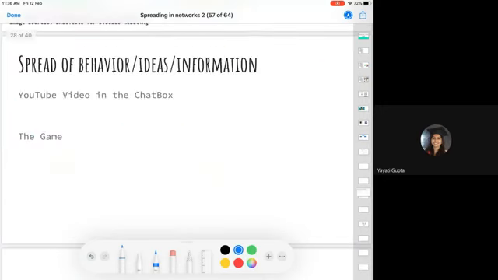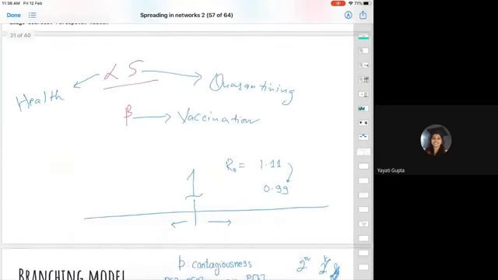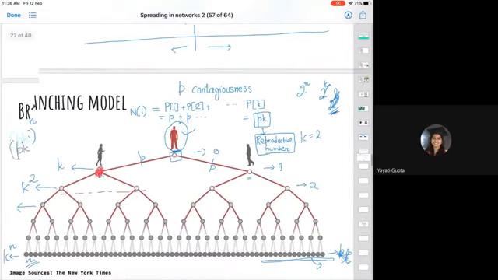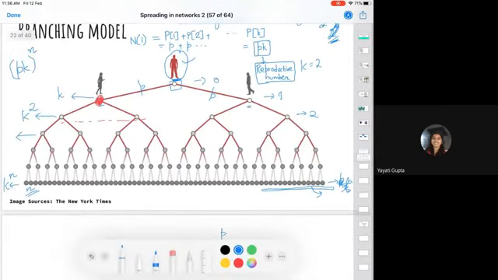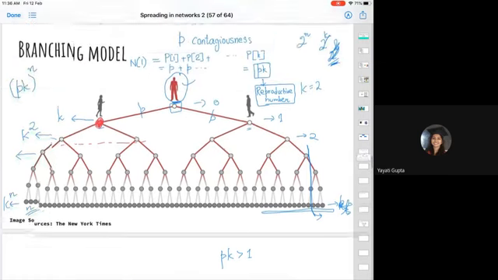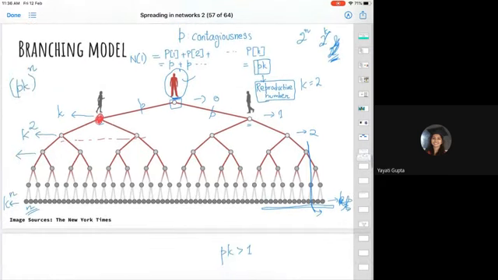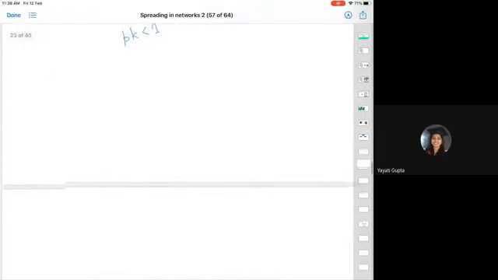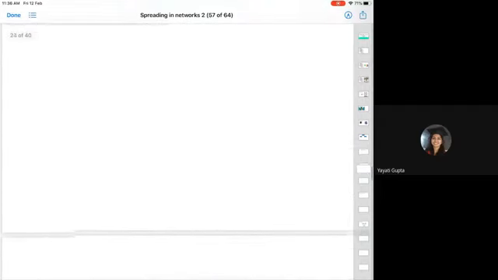Again, if this reproductive number p into k is greater than 1, then the disease will exist in the network. And if p into k is less than 1, that is, there is less than one average infected person at each level, the disease will ultimately die from the network. There is a very nice derivation for this. Right now, I'm not going into that. If we have some time after finishing everything and you are interested, we'll go into the definition and look more into it. So that is how you model the spread of diseases in the absence of any network.